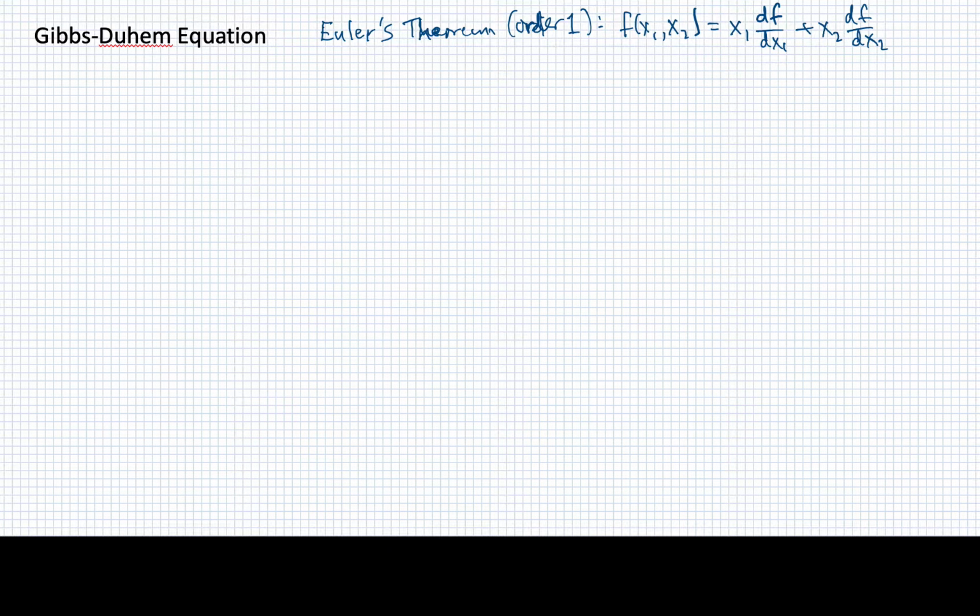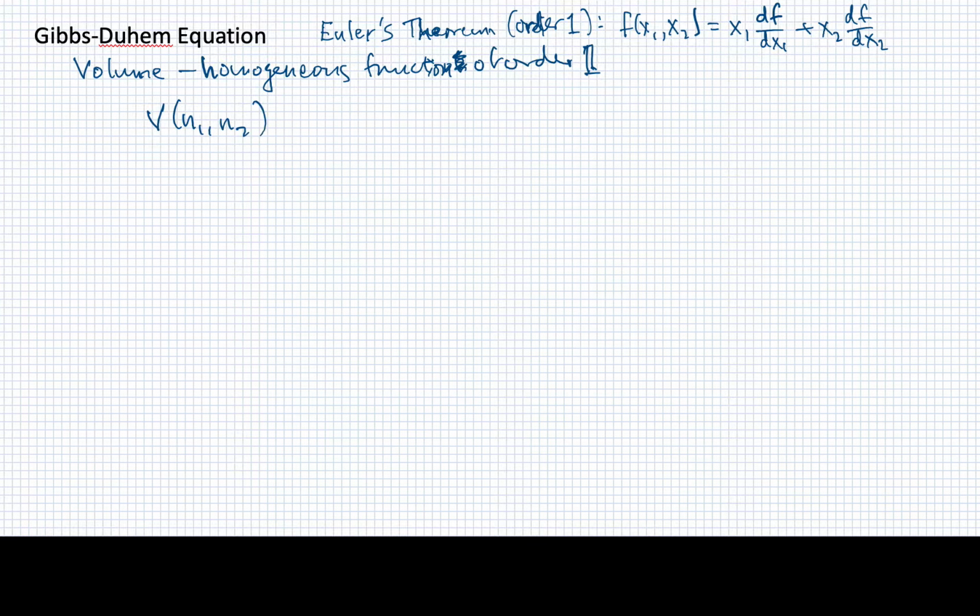I want to take these properties of homogeneous functions now a step further and consider thermodynamic quantities and properties like volume. Now, as I indicated in the video about homogeneous functions, things like volume that can be expressed in terms of partial molar quantities are themselves homogeneous functions of order 1. Okay, so that means that we can write, for example, that the total volume